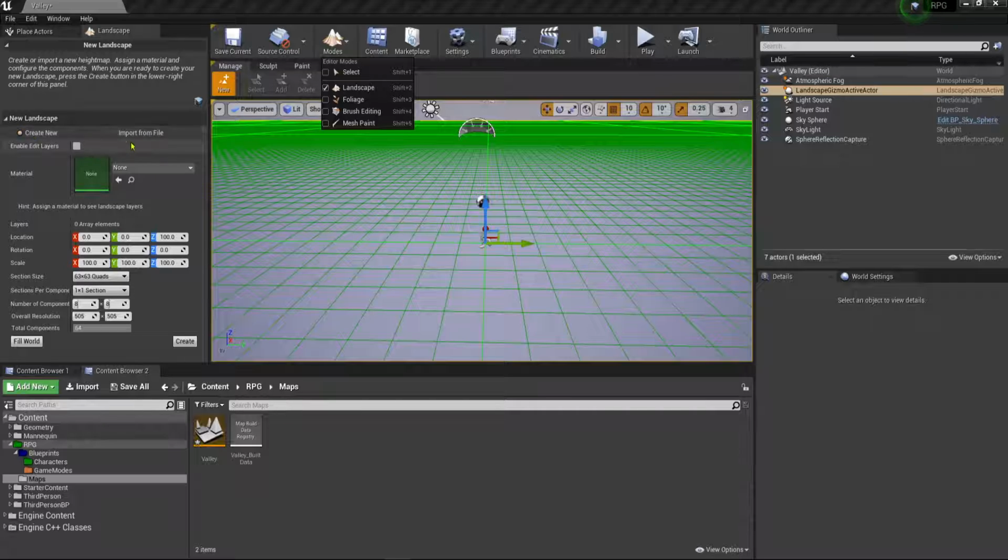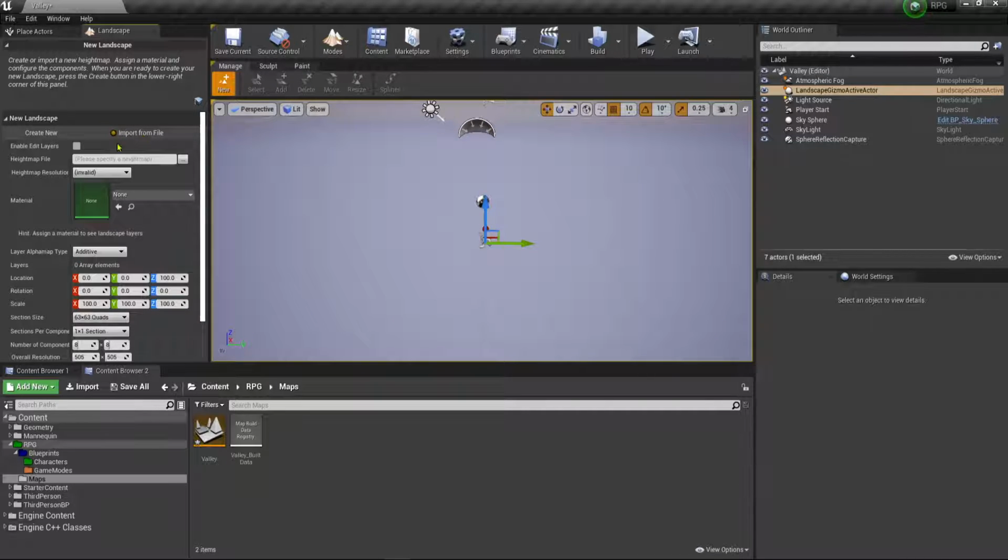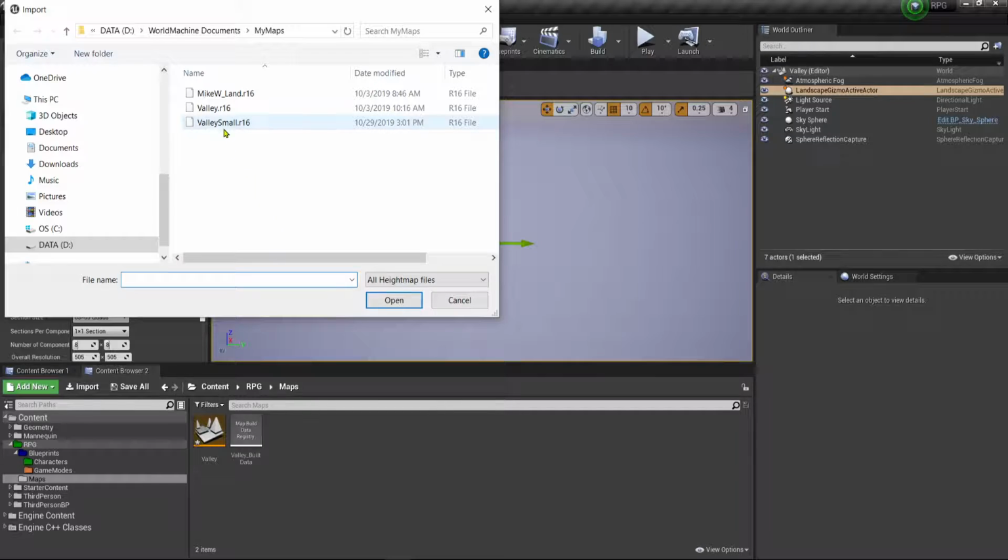So we're going to want to import this, show you how to import it. So if you go to import, and you would navigate to where you downloaded your file that we're going to use. So I'm going to go here, and this file here, what you will need to do if you download the zip file, you'll have to extract that out. And then this is the file you're looking for, this R16, and it will be the only one that you can find, the only type. So this one is actually a bigger version of it, but we're going to use a smaller version for now. So we're just going to click this one, and you hit open,